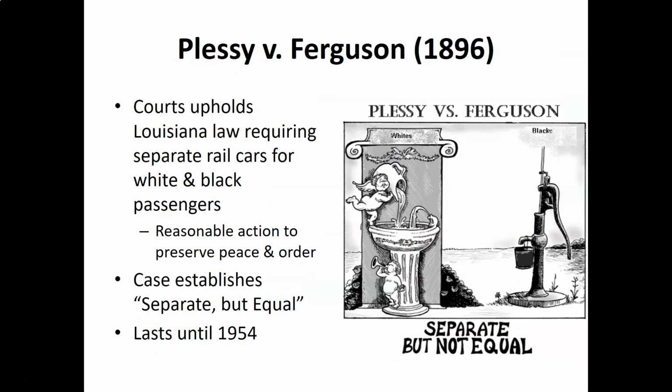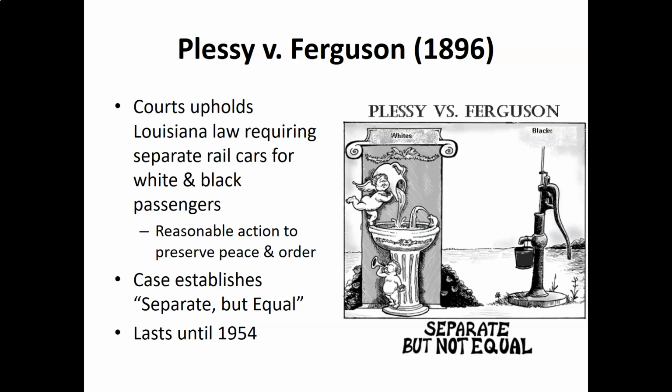All right, so now we're going to move on to Plessy versus Ferguson. Plessy versus Ferguson was a case in 1896 where Homer Plessy was on a train, and he viewed that he should have the right to be in a certain rail car, and that he should be able to be there. And ultimately, what ends up happening, it becomes this issue between separate rail cars, kind of the idea of separate